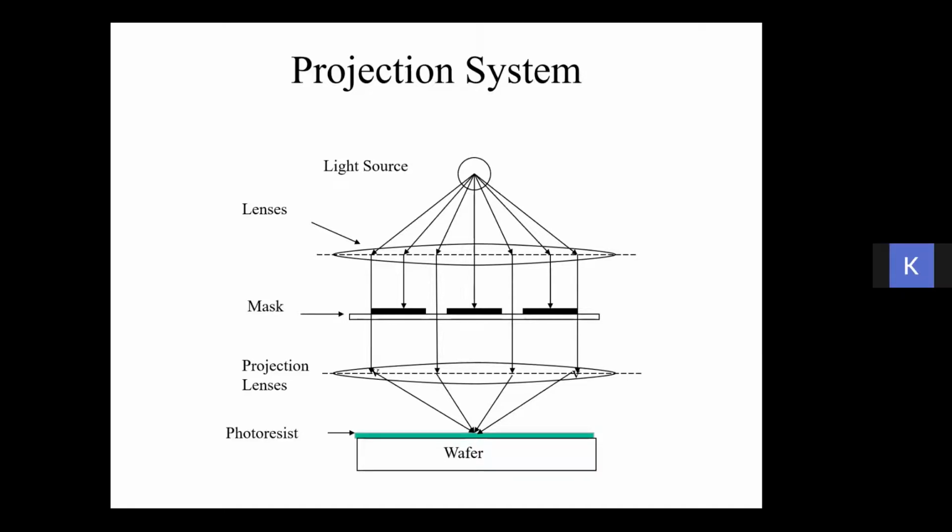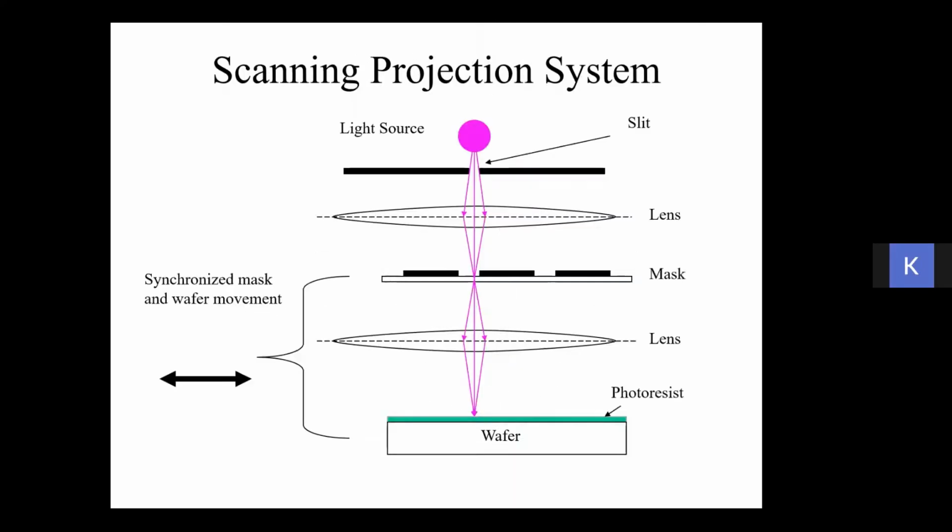That means the light source is made parallel with a lens, and when it passes through a mask, then you have to converge it using a projection lens over a photoresist. So that actually brings down the diffraction error, and also it doesn't have that contact error. So it can avoid both the errors caused in the contact printing and the proximity printing. So the projection system is a better solution for that.